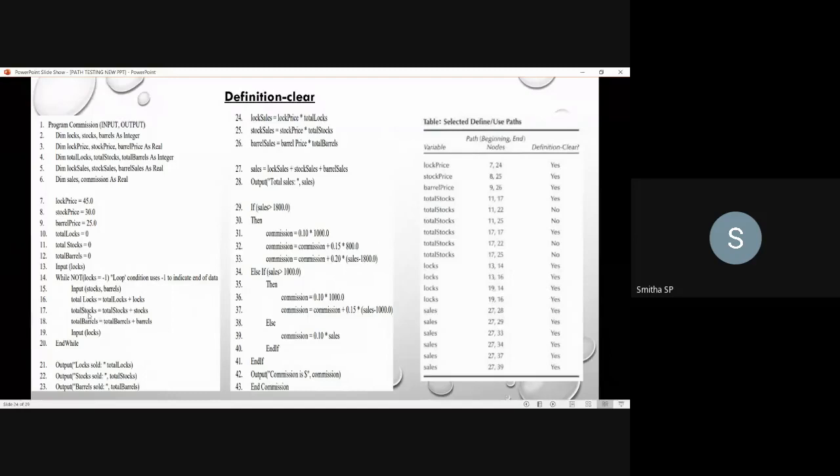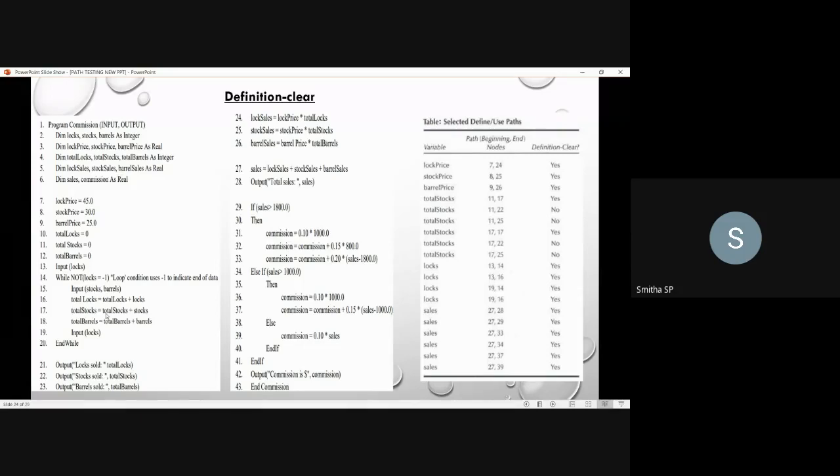Okay, you have defined it for updation, and while printing, okay. Yes, sir. So that's done, 17th to 17th. Once again, in the 17th node, total stocks is defined here. And again, you are using this total stocks for the updation of the new value for the total stocks. You could have made it a new total stocks equals total stocks plus stocks.